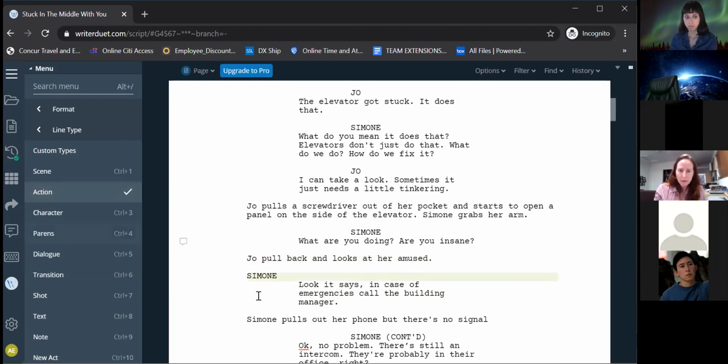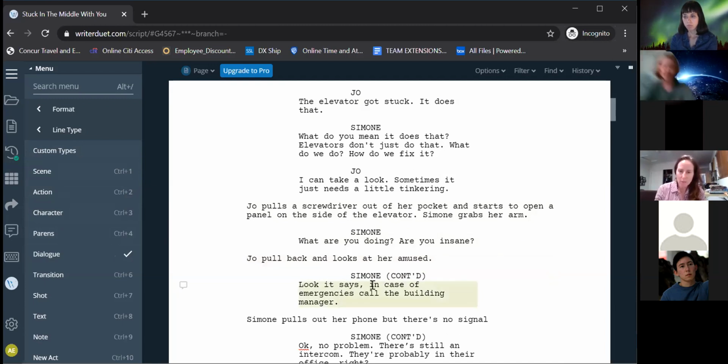I think it's going to automatically format it. I personally take the continueds out because I think it's automatically implied when you're reading it on the page. Simone is talking, and then Joe pulls back and looks at her, and then we go back to Simone. We would still understand that it's Simone continuing her previous thought without this continued here. But if you're working with a formatting program like this one where it's going to automatically do it for you,